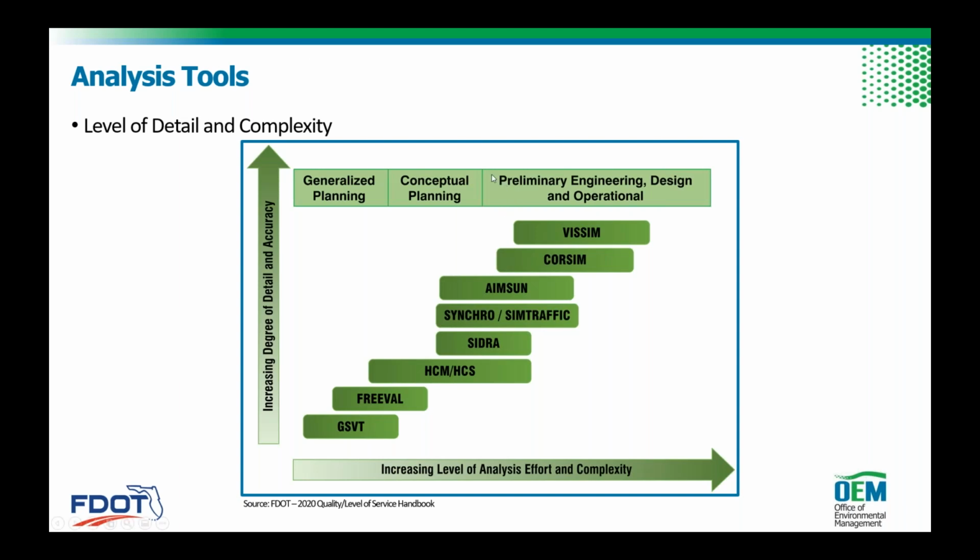Where we're falling here as part of the PTAR is between conceptual planning and towards PD&E on the right side. So if there were a line drawn right down the center of the graph, which would include HCM, SIDRA, Synchro, VISUM, and others, what is important to mention is that not included, or not an acceptable tool, for the PD&E or PTAR process is the GSVT, which stands for the Generalized Service Volume Tables. That's shown as an acronym here because this is pulled out of the report which defines it. But I have a slide here describing all that on the next page.